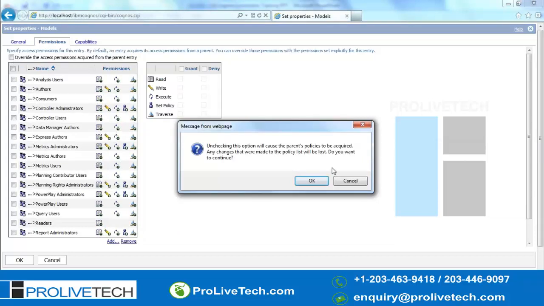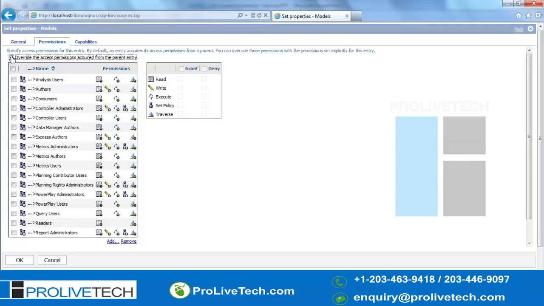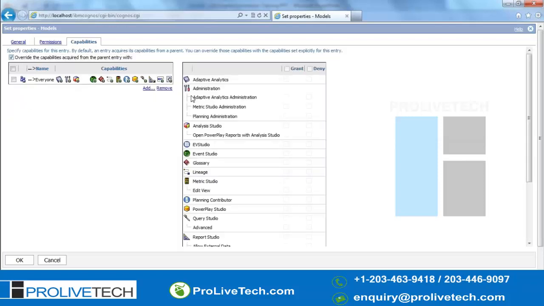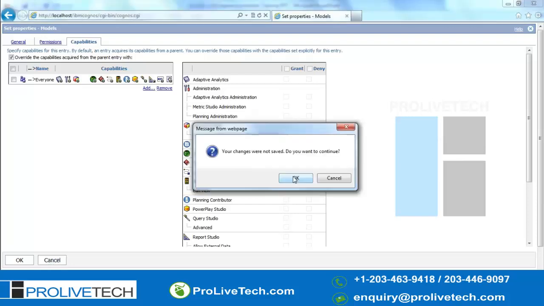I'll just go to this. So here by default everyone's role will have all the access, because it's anonymous. So everyone will have the capability to access any of the components, whatever you install. In case you want to restrict, you just select that, and for this particular role, for example Event Studio, if they don't want to give access, you can deny it. Like that you can do it. It's all the admin part. You don't worry about it.